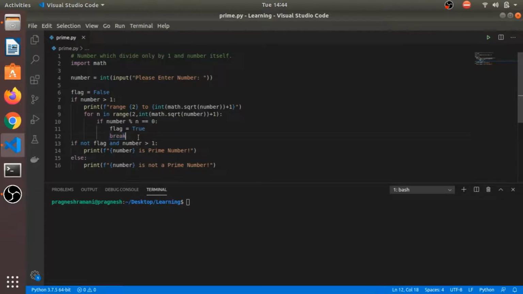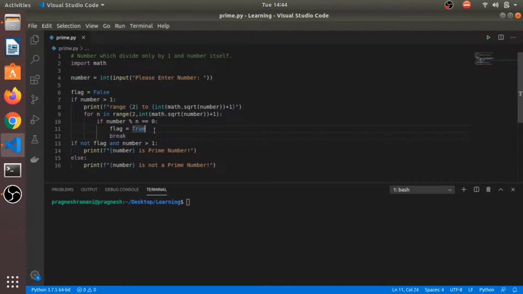Then if we find that our number is divisible by any number present in the range of 2 to the square root of the number plus 1, then that is not a prime number. So that's why we have set flag equal to true, and based on that flag we will check if it is prime or not, and we will break our loop, and we don't need to check further numbers which are present in the range.